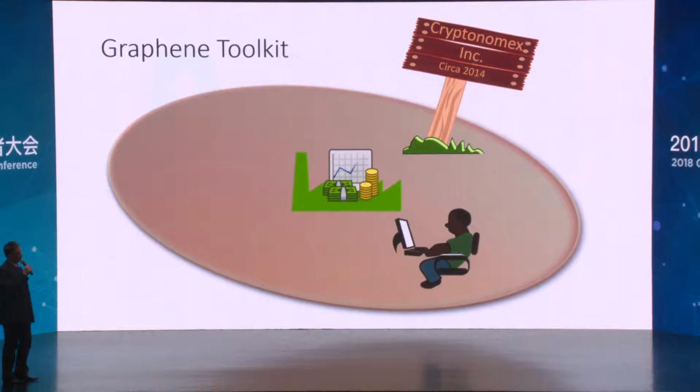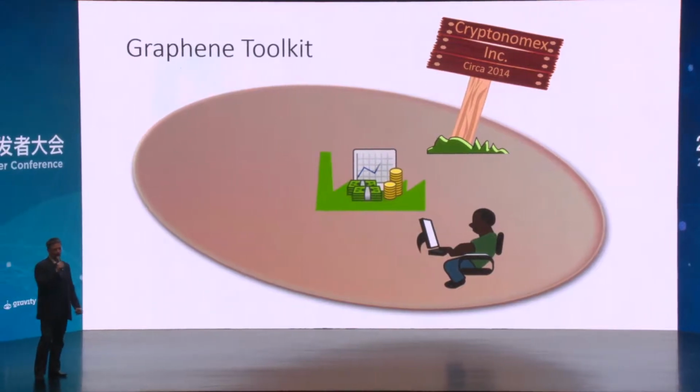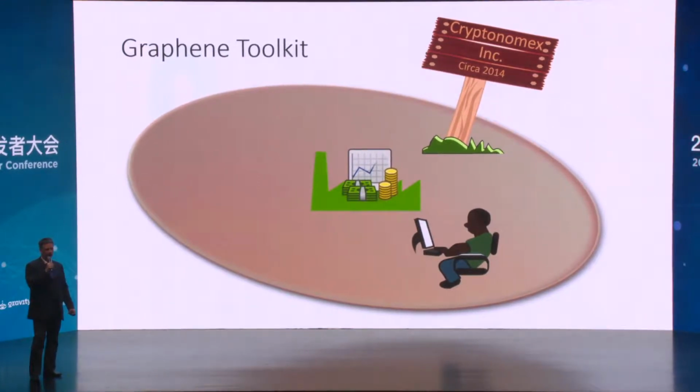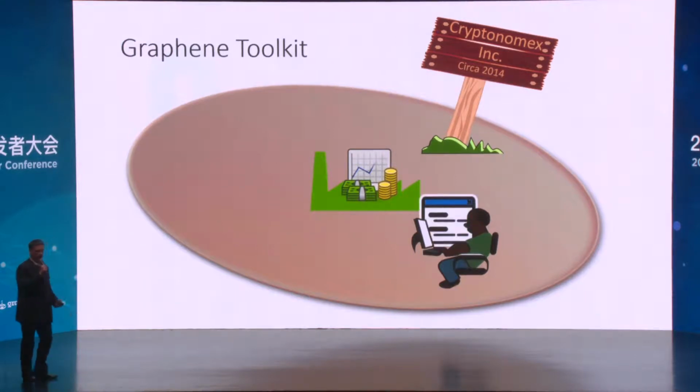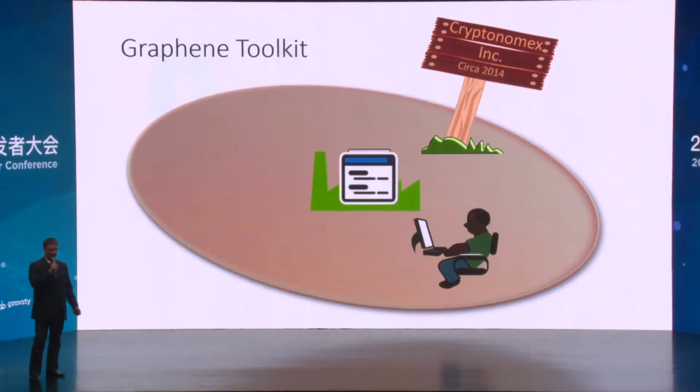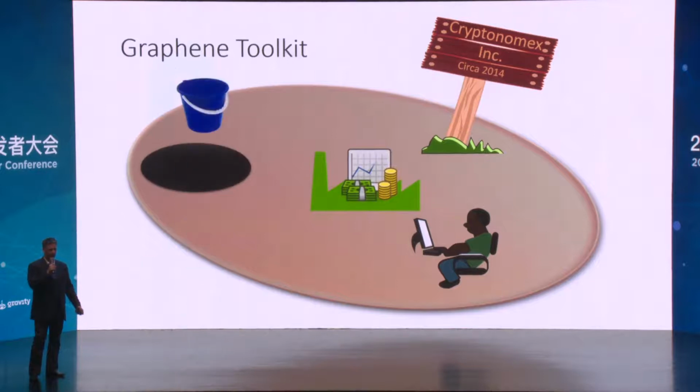So about 2014, some of the developers of BitShares started a new entity called Cryptonomics. And they began taking what was BitShares and extending it more, and this would now become Graphene. So what they did here was take everything that we had before and then add it in here, all right? We're gonna keep that same consensus algorithm. We're gonna take everything that was BitShares and we're gonna add one more thing.